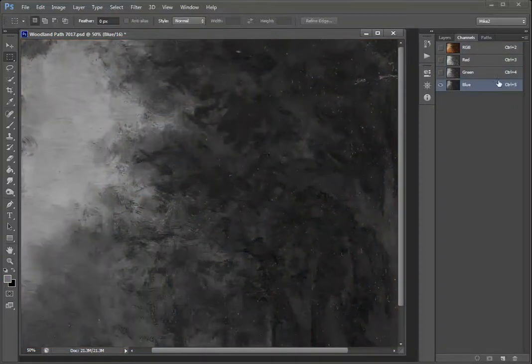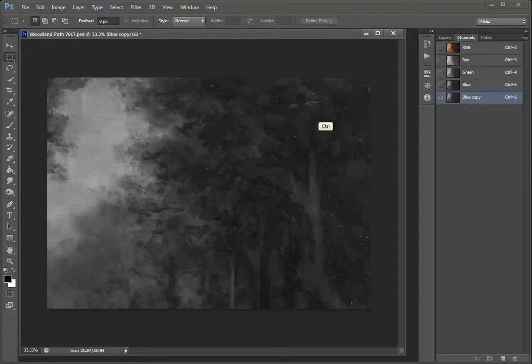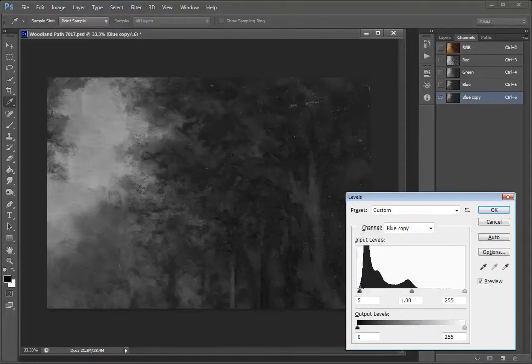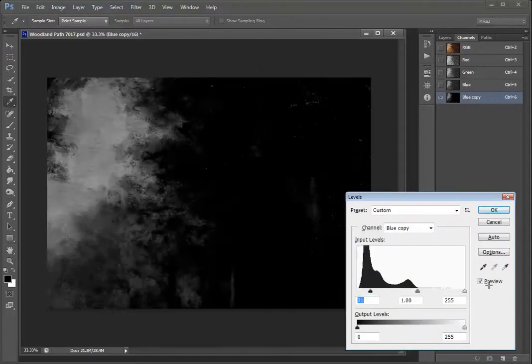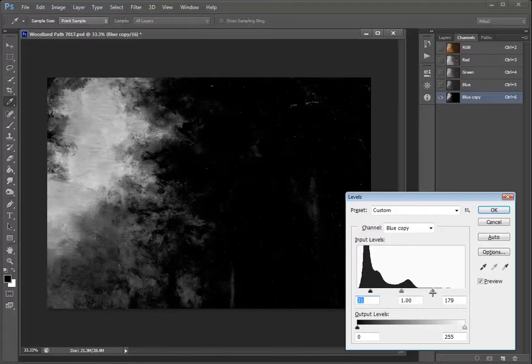So first thing you do is you select the blue layer. You can work with any of these channels, actually. It's not a layer. But the blue generally is the one that has the least amount of contrast. You make a duplicate of that channel, and then you bring up the levels command. Using levels, we're going to try and get